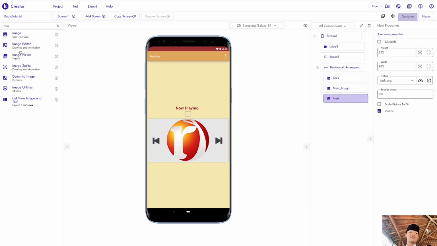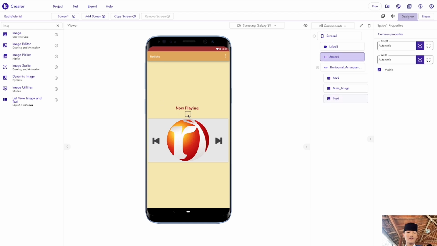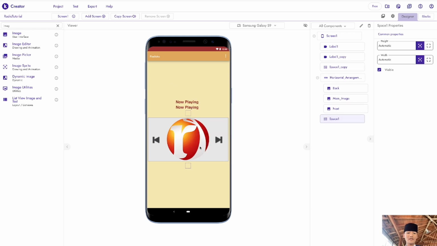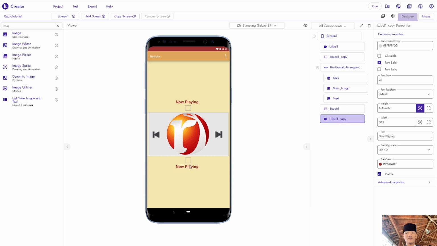Next, after this, we're going to put some space again. You can click here, right click, and duplicate. We have done duplicating there. Next, under the image, we're going to need to put some text. So we're just going to duplicate the things and click this label 1 copy.